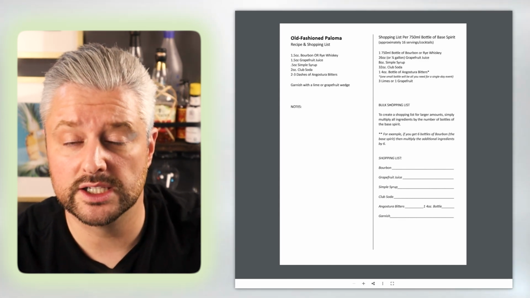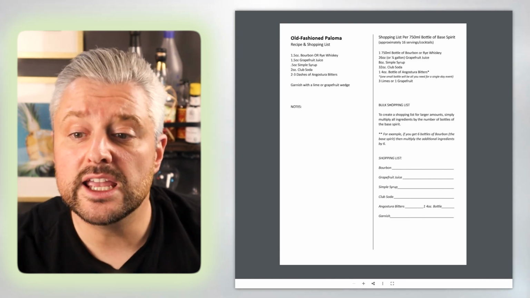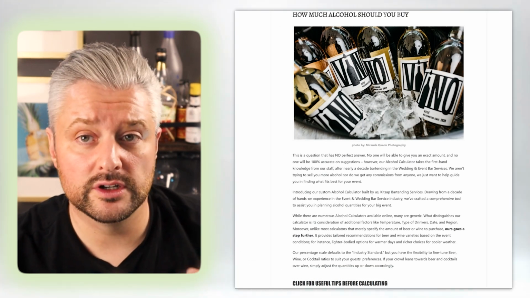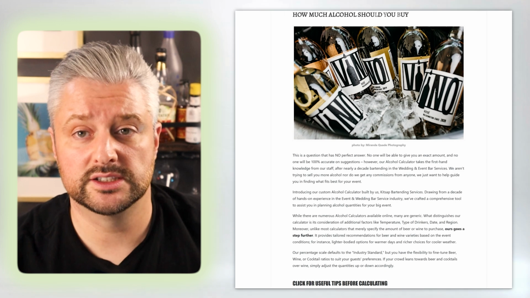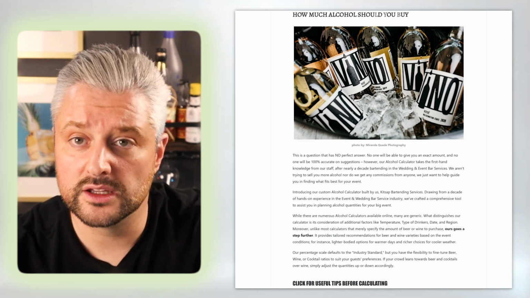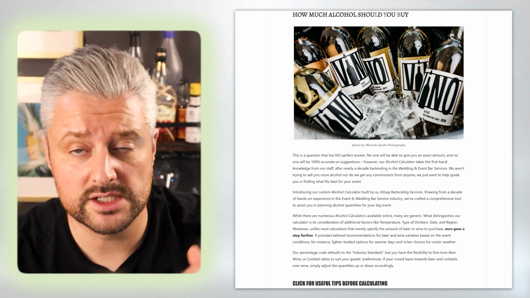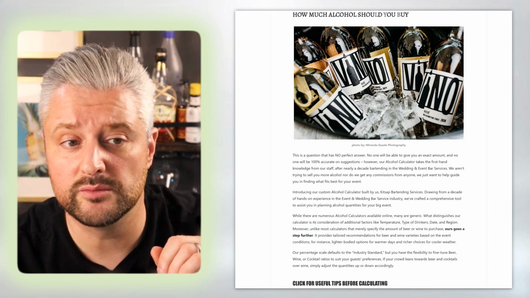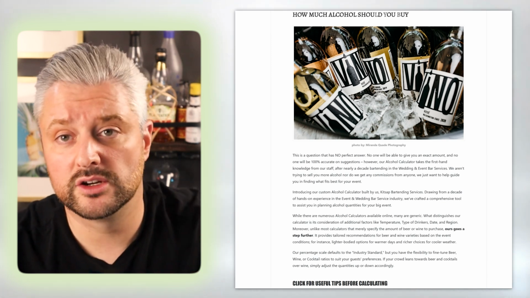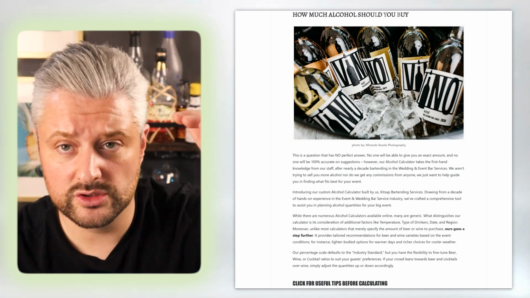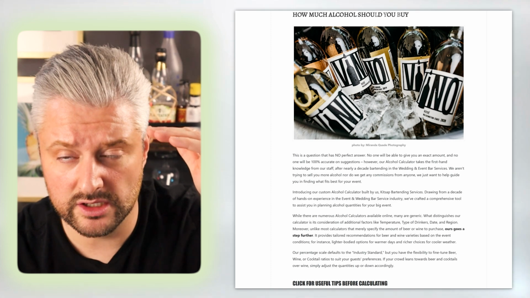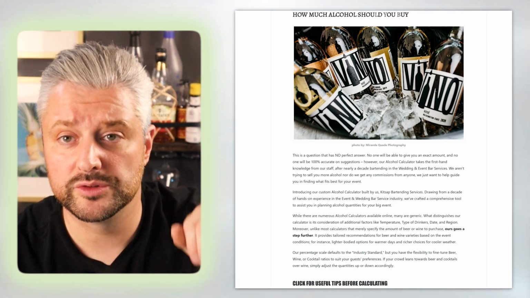Just move down the list of the ingredients. If you choose to use a different signature cocktail, it's just as easy. All you do is determine the recipe that you'll be using. Say it's something simple like a vodka cranberry or a multi-ingredient cocktail. All you'll do is take the spec sheet with the ingredients and go down and multiply that by